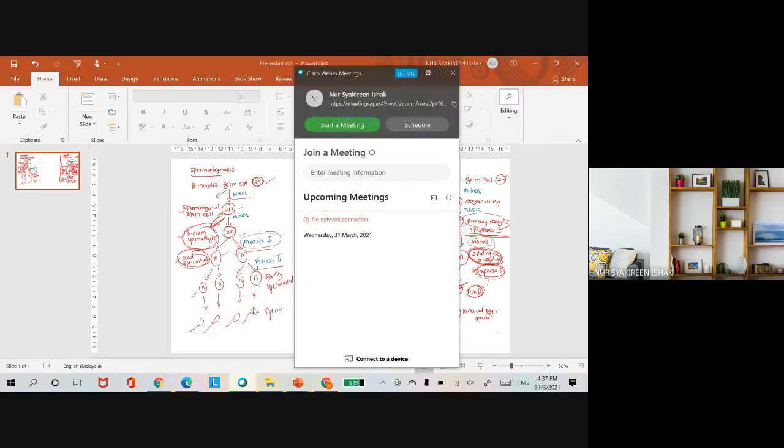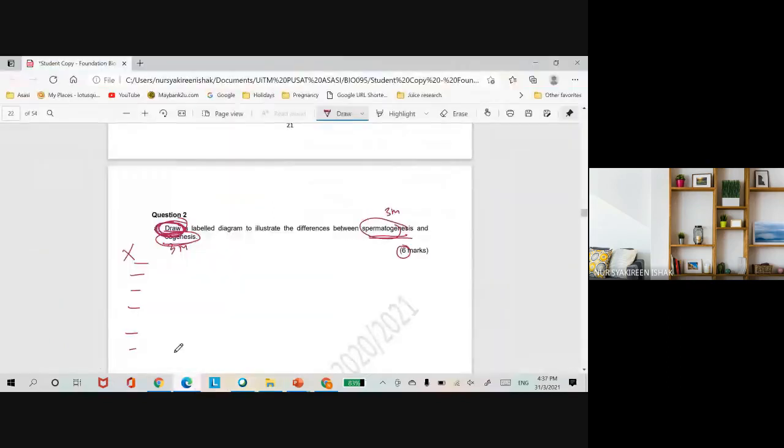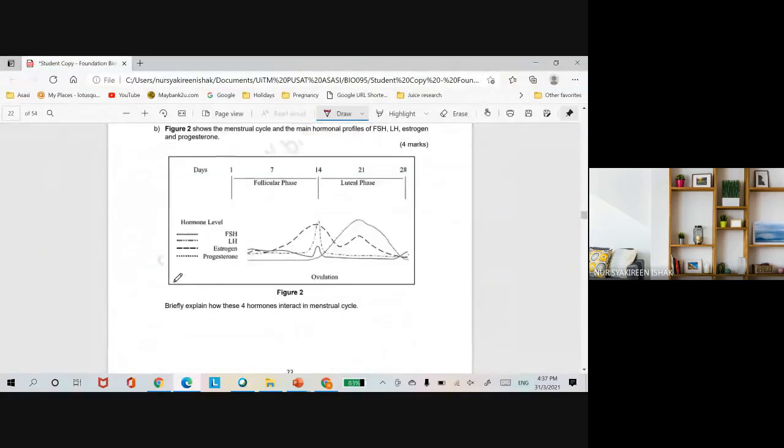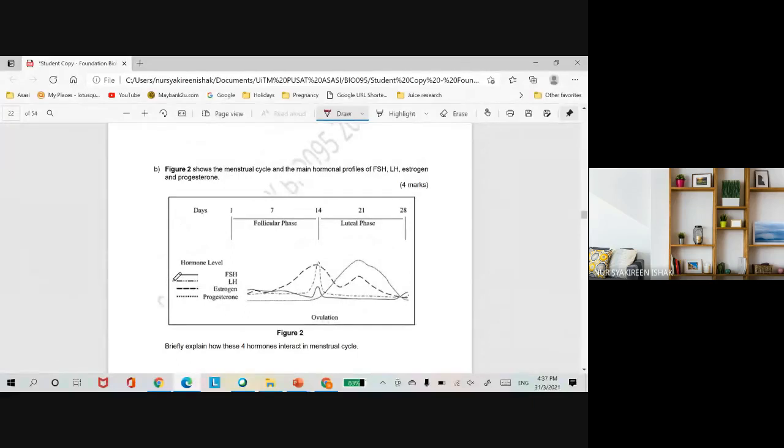So moving on to the next question. This is another question of which you have to understand the diagram. Okay, so figure 2 shows the menstrual cycle and the main hormonal profiles of follicle stimulating hormone, luteinizing hormone, estrogen, and also progesterone. Okay, so for female, we have 4 major hormones that are involved in the regulation of the female reproductive